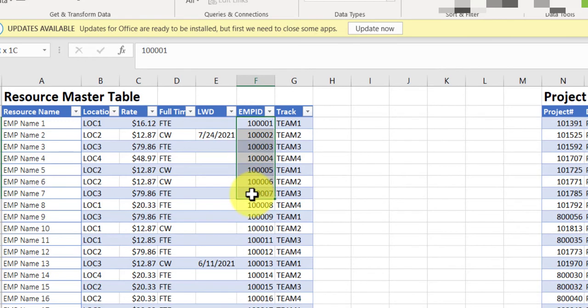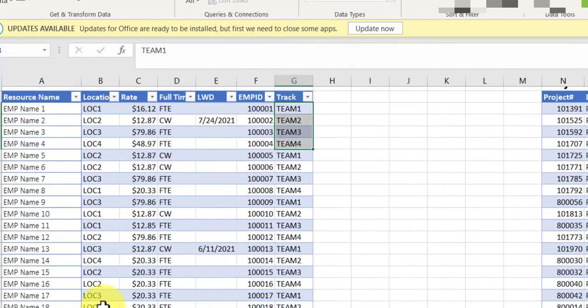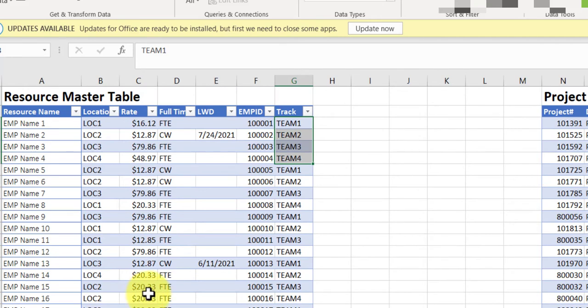These are the unique IDs that you need to define. If you have already got an HR system where you have your employee IDs, you can just pull from there. Otherwise you just make sure that you maintain a unique number. And then you put the team, whether it's team 1, team 2. You may have 5 different teams that you might be managing, so you can identify each and every team with that person's name. So this is a one-time entry, one-time maintenance, unless you have new people adding or people leaving.